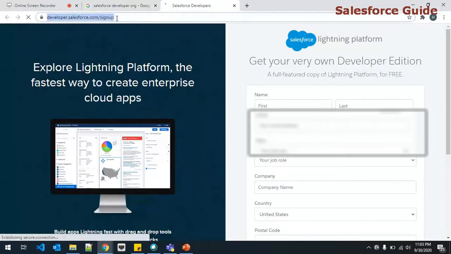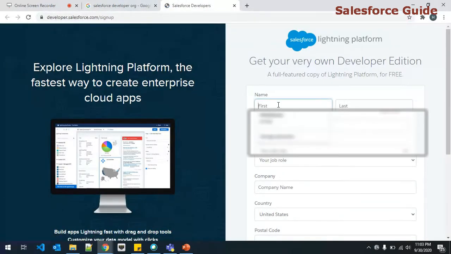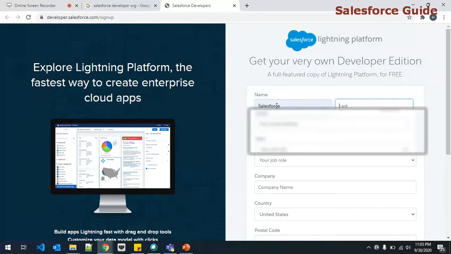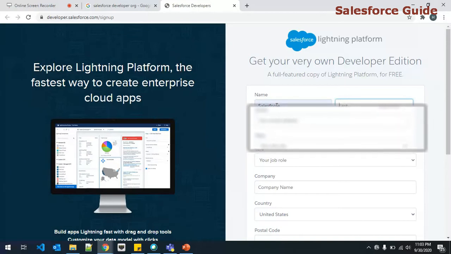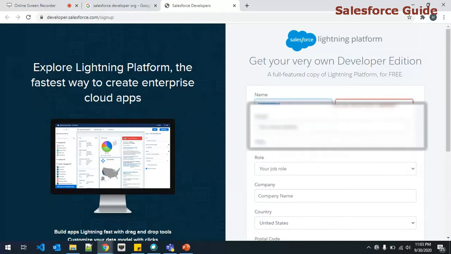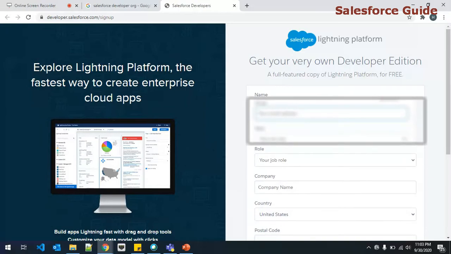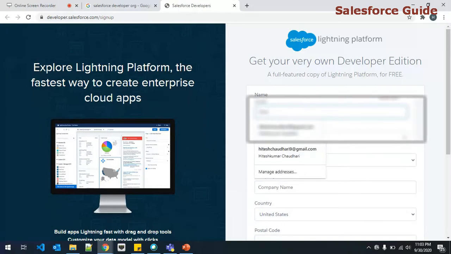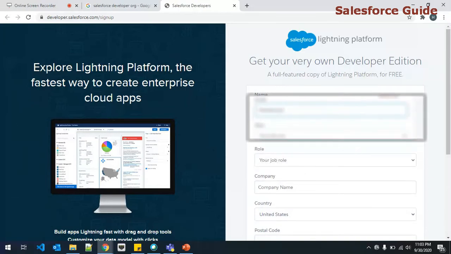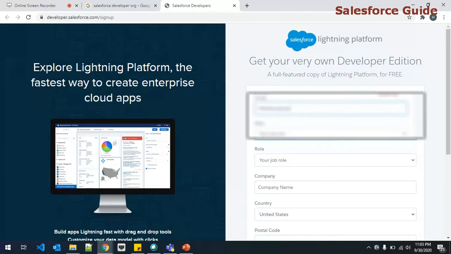Here you will see a sign up form. You just have to provide the details here. I'm going to create it using the SF guy. Okay, SF guy. I'm going to specify my email address here. You can specify your email address here as well,